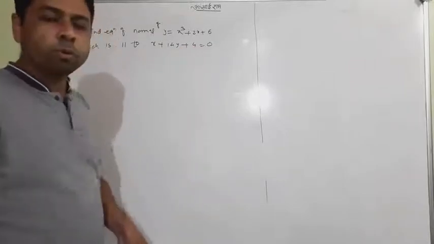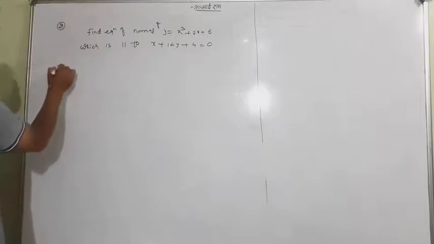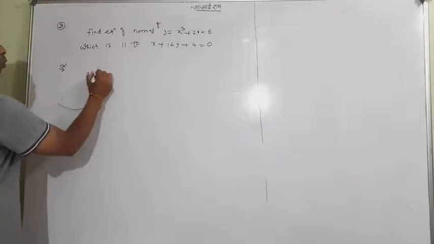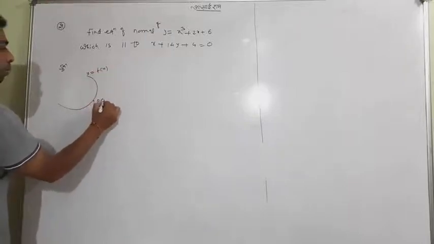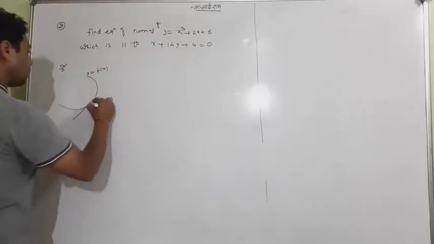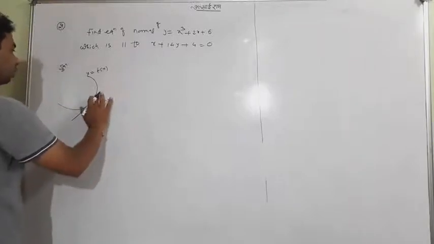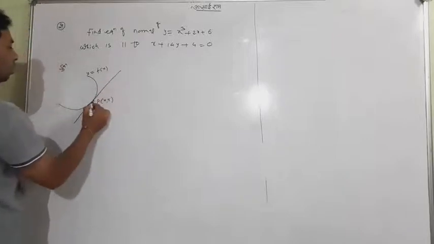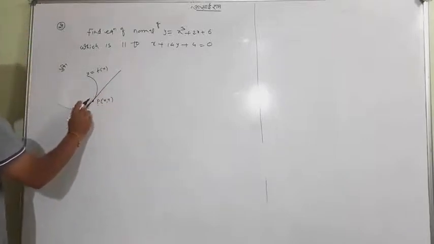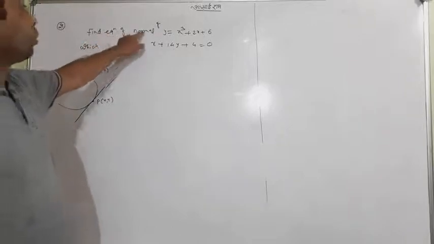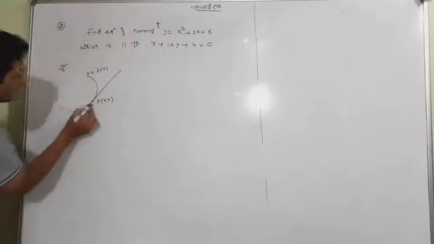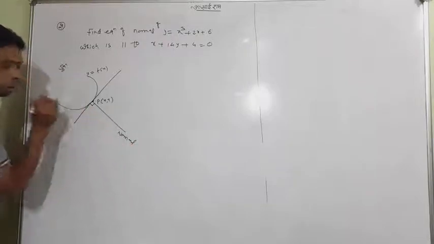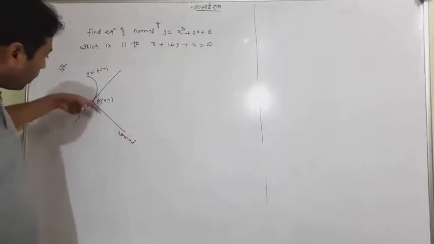Still, first we want to make the rough diagram solution. This is a curve. This is y equal to f of x. This is a point P(x, y) as usual. This is a tangent, and this is the point of contact. Now find the equation of the normal. Okay, this is the normal. We want to find the equation of the normal.